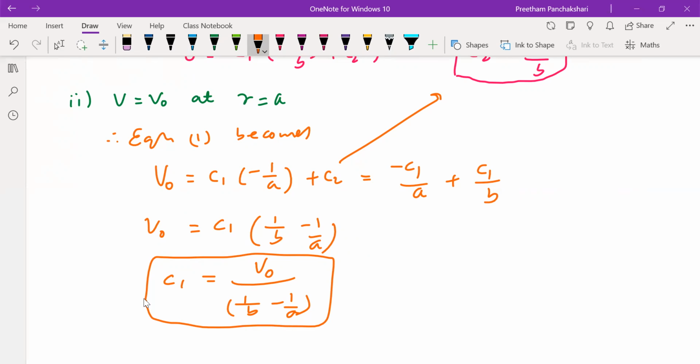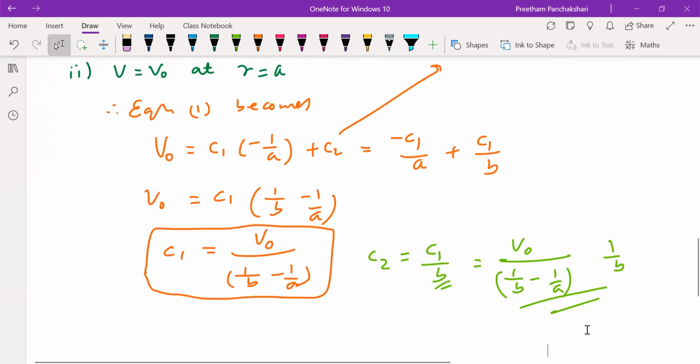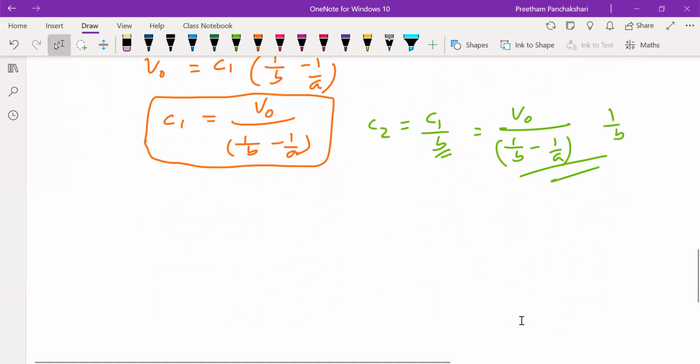Now we shall get back to C2 once again to complete its calculation. C2 is equal to C1 by B. Therefore, C2 is V naught divided by 1 by B minus 1 by A, into 1 by B. This is about C2. Now C2 and C1 are ready. Then we can complete our